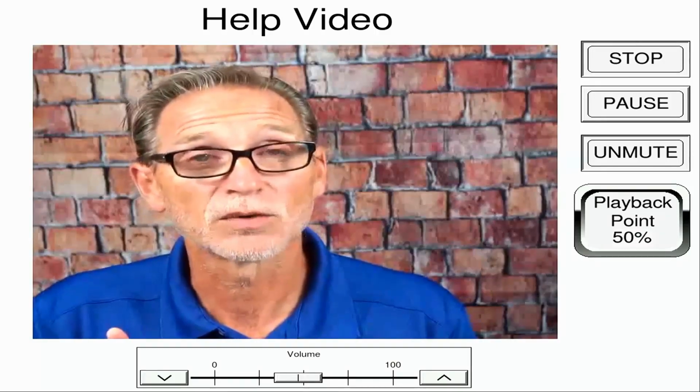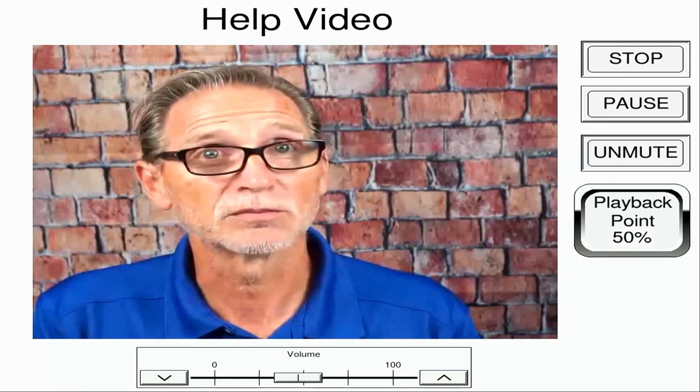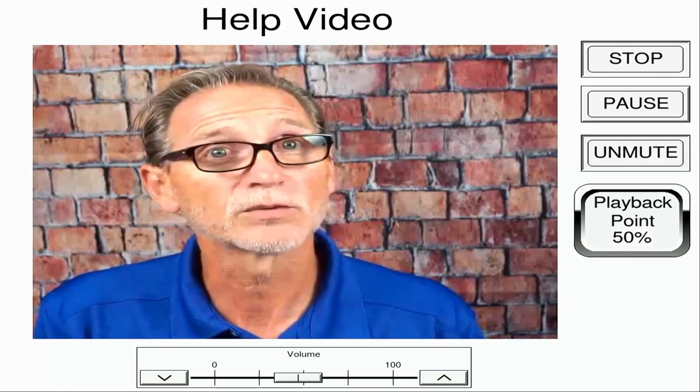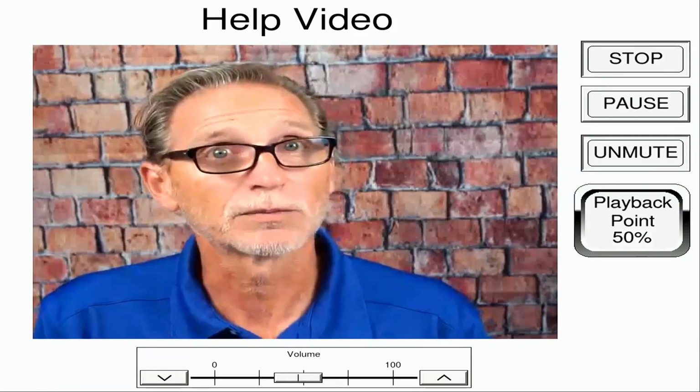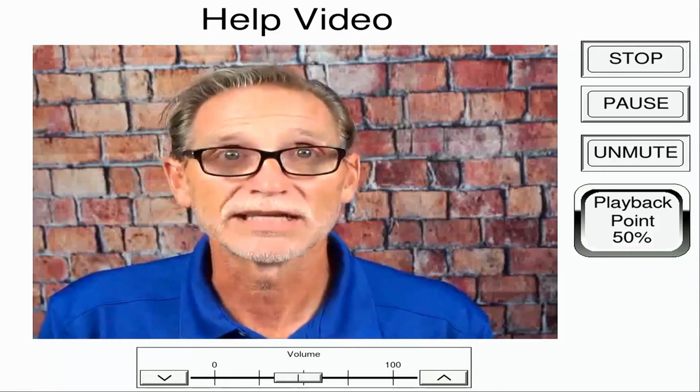Yeah, so we did get a few frames as the file was loaded and the playback began, but it quickly jumps to the 50% mark, and as you can see, I've got it on mute. Okay, so hopefully that's a good demonstration of all the video capabilities that are available in both the X5 model